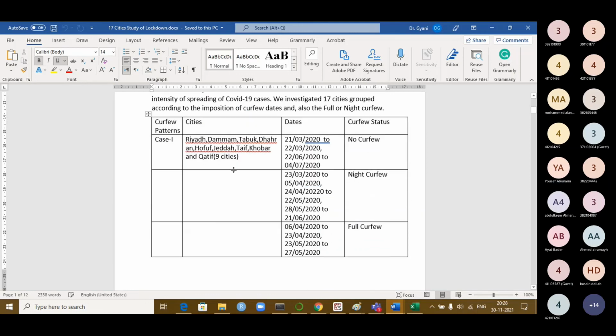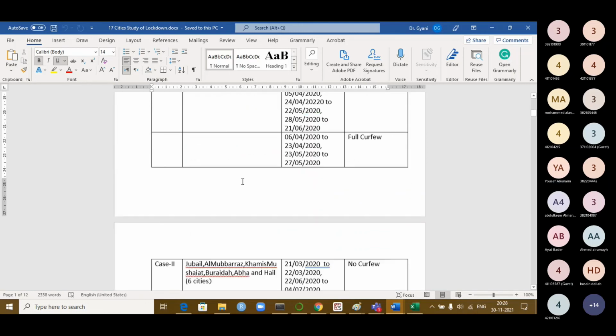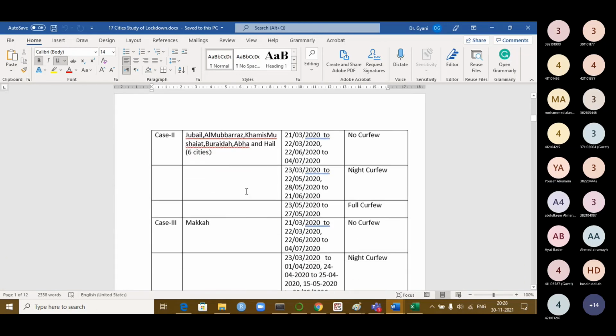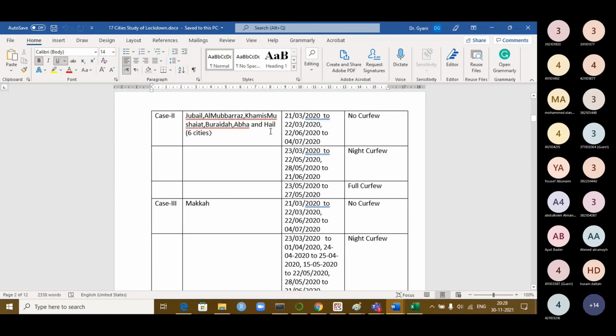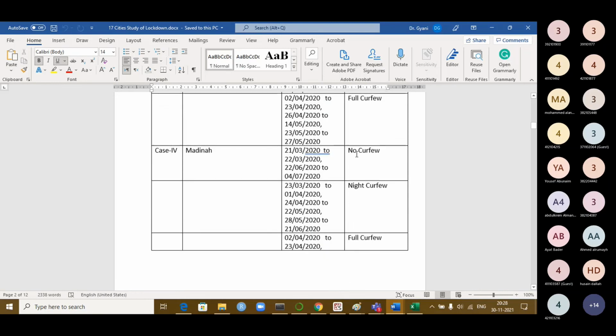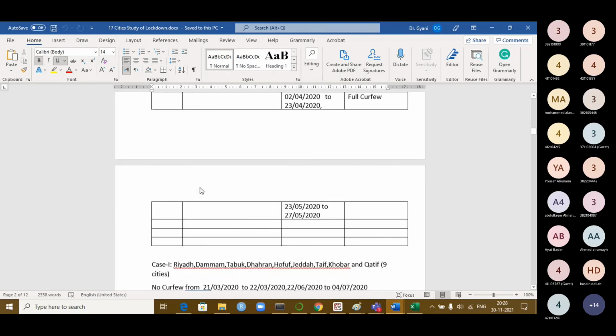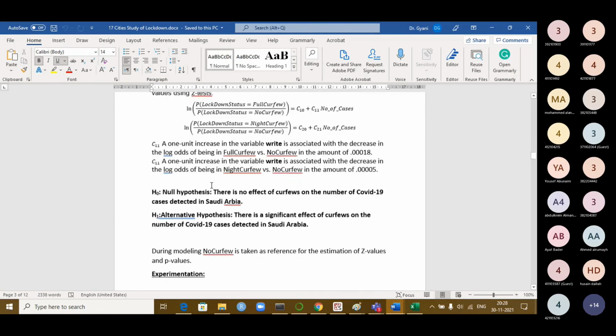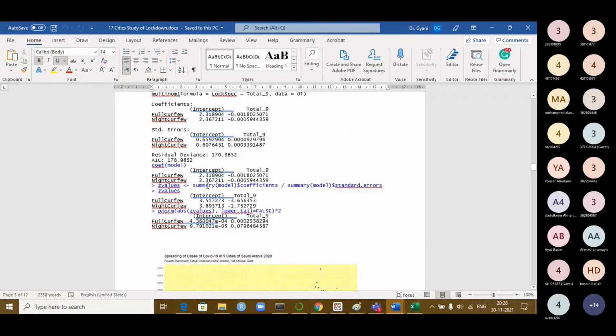These cities are treated as one case because their lockdown pattern was the same: no curfew, night curfew, full curfew. Then some districts and regions, again no curfew, night curfew, full curfew. Makkah is separate because there were a lot of cases. Again Medina we have taken as a separate case. These are all the cases from which we identified the correlation.